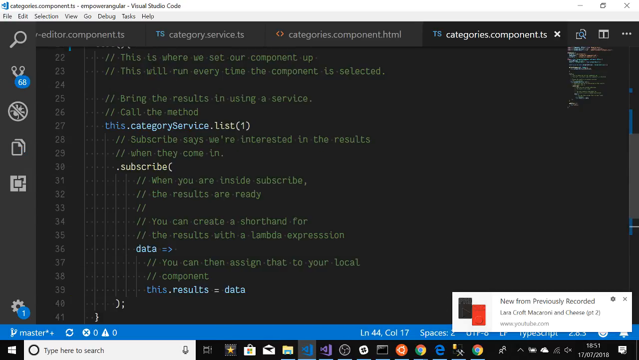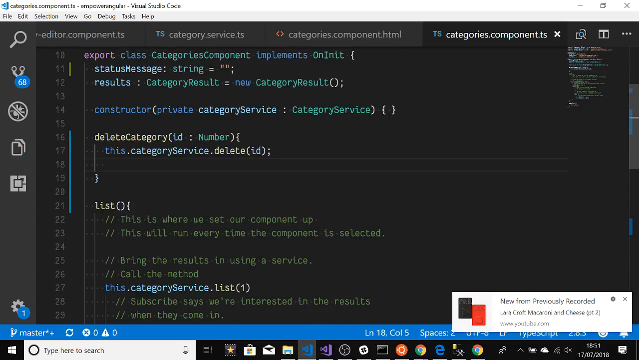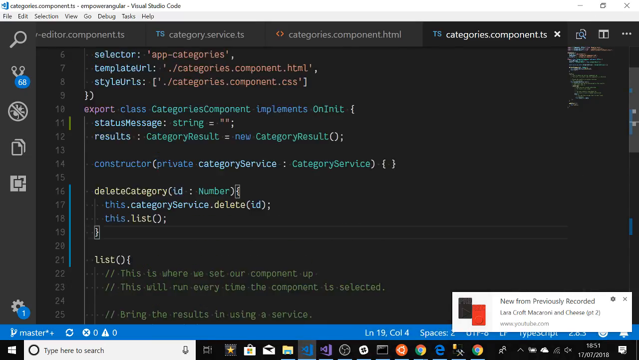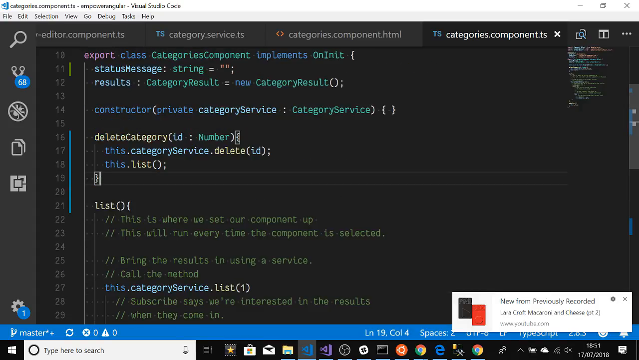And the reason I want to do that is because after I've done my delete, I want to do a this.list. I know, I'm copying and pasting, so I'll try and